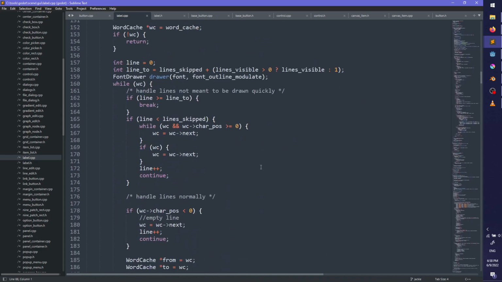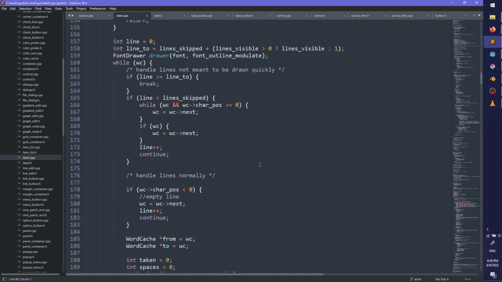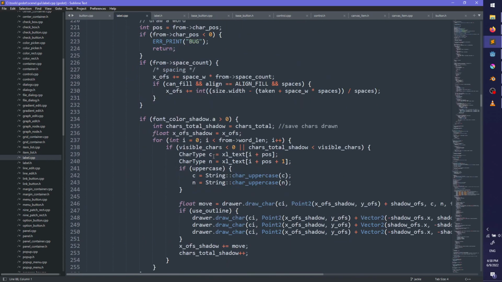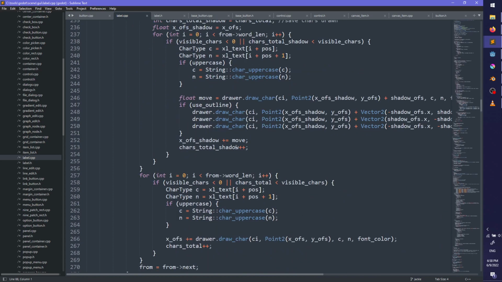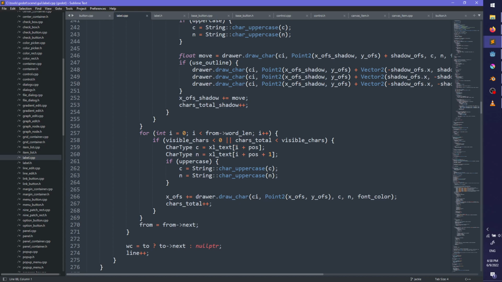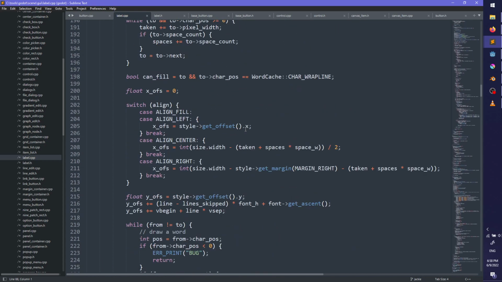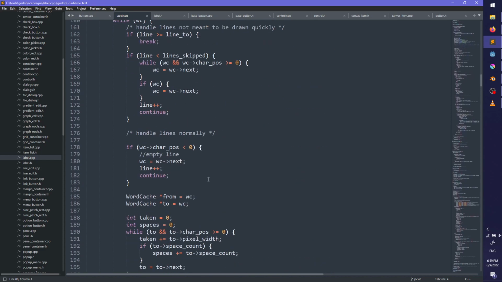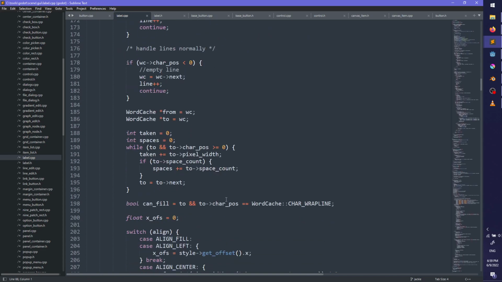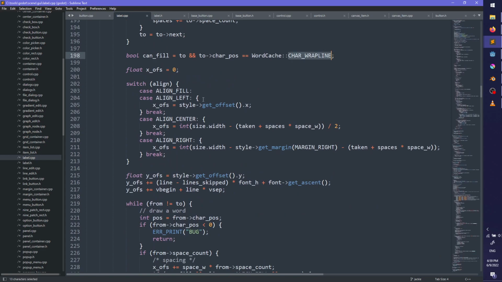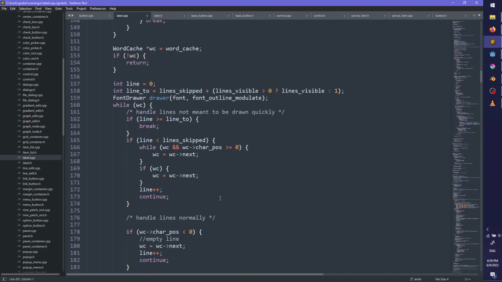V-line. Oh, Christ. So I have to put all of this back, I think. Or put all of this logic into there, because this is all wrap stuff, isn't it?